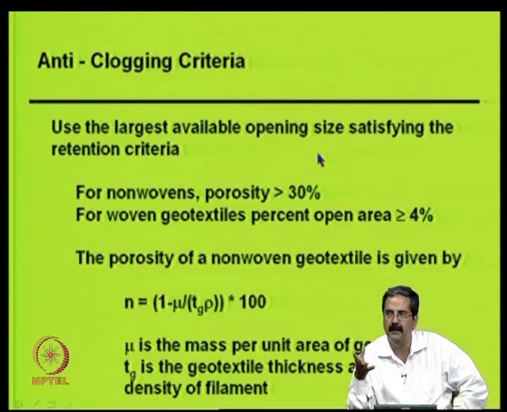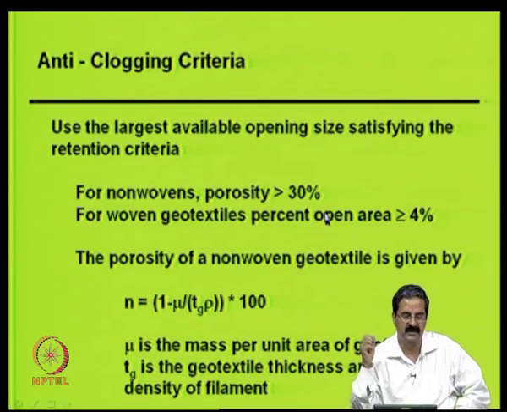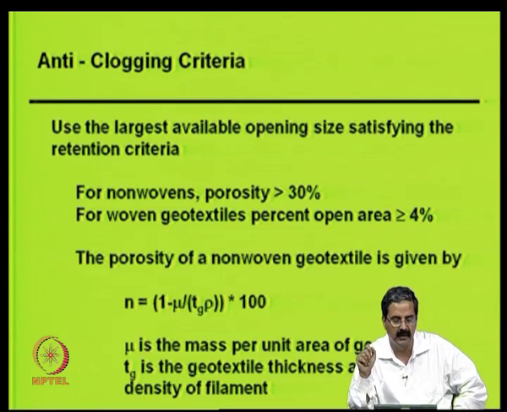There will be a lot of bio systems, biota, so they have a possibility of creating this clogging. So, how do you avoid clogging? Best is to increase the size of the pores. If it is a non-woven material, like you discussed about two materials, one non-woven and one woven, for non-wovens, we see that the porosity of the geotextile should be at least 30%. The second thing is, if it is a woven, the percent open area should be more than 4%, and